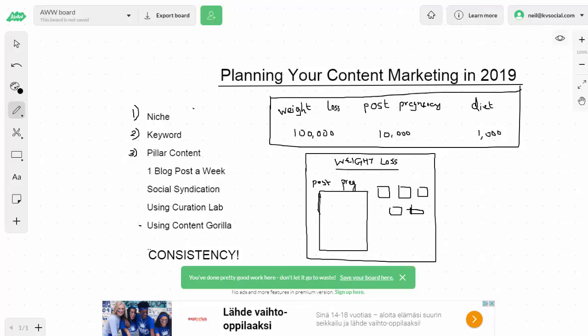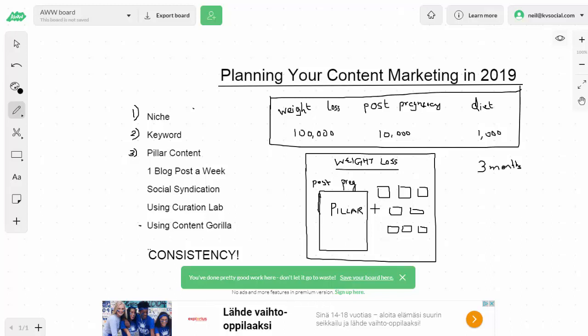Now, here's the best part. You don't need to write all these posts yourself. And I'll talk soon about how to basically accomplish that. But here's what's going to happen. You're going to write, say, 12 different posts or 11 different posts, and this is going to be your task for 3 months, right? So in the 3 months, the very first post that you write is going to be a pillar post, a gigantic post that covers a wide array of topics. And after you write that pillar post, every week you're going to write a new post, and you're going to link back within that post to the pillar post.